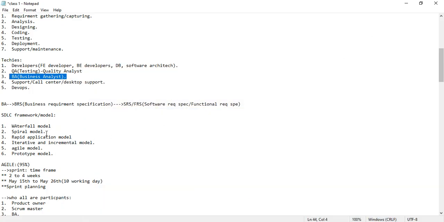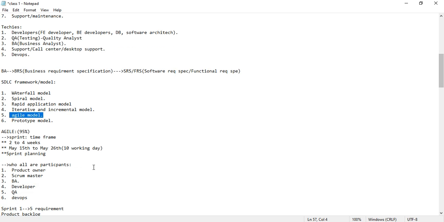Along with the waterfall model, we have different types of methodologies available: the spiral model, rapid application model, iterative and incremental model, agile model, and prototype model. Every model has its respective advantages and disadvantages as well. By comparing all those models, right now the agile methodology is one of the finest models, which is rapidly used by companies to develop software because of its advantages over the other models,